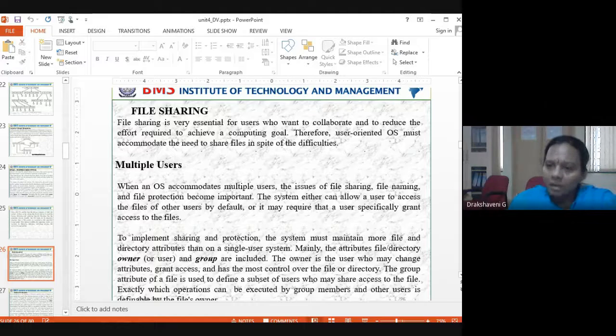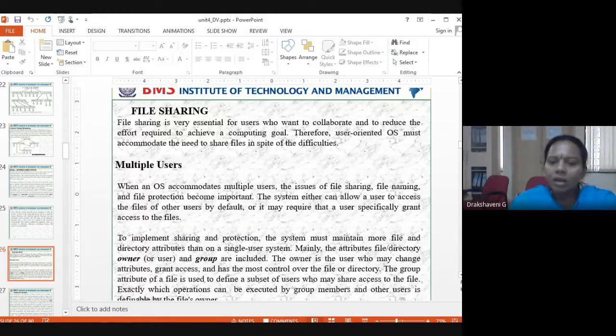So that's what here, when multiple users come, it will be difficult to have some more properties like file naming. If I say module 1, module 2, module 3, then it is fine. If I say module 1, module 1, module 1, then how will it be? It will be difficult. Then I'll say that Ashok will be given module 1 and he has to name all his work as module 1. Then I'll ask Bhavisha to name all the files module 2 only. And I may ask Chaitra also, I'll tell her that you have to name all your files and directories with the name 3. So that's how the naming can be. Protection is also there, and the naming also will be taken care of.